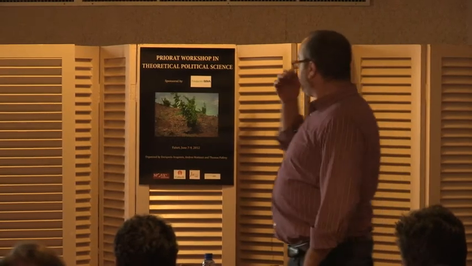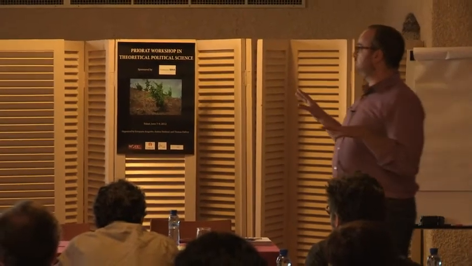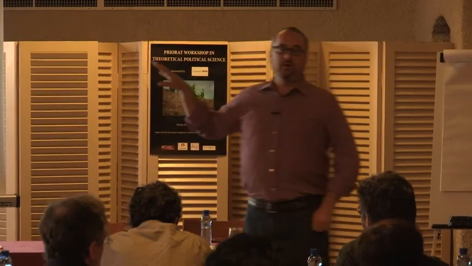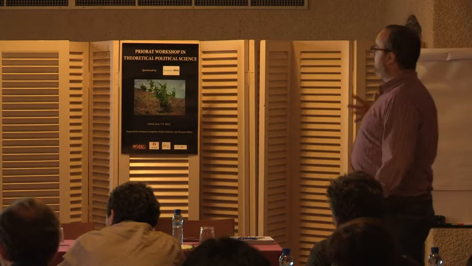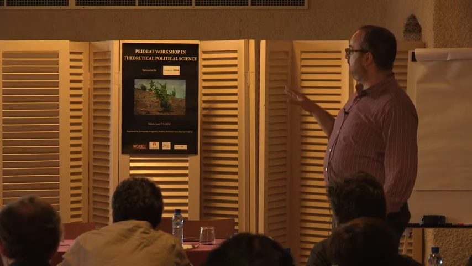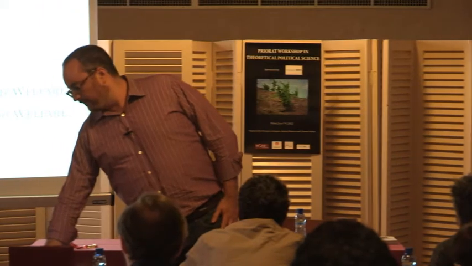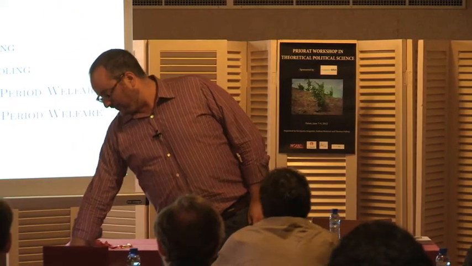Here's my plan. I'm going to show you a model. I'm going to show you the setup we're going to work with and talk about our approach to the welfare question, and then spend most of my time talking about the equilibrium of the game under the bundling institution, which is the more new analysis. Then I'll go quickly through equilibrium under the unbundling, which is, I think, much more standard and will be fairly easy for everybody to see how it works once you've seen the bundling, and then talk about two kinds of institutional comparisons. And I say that I have conclusions, but I don't actually have any conclusions.